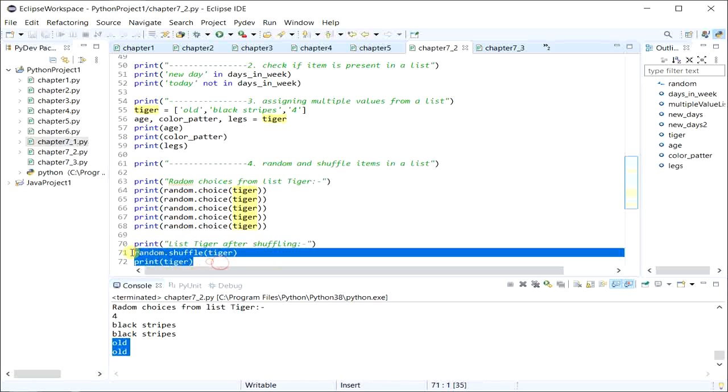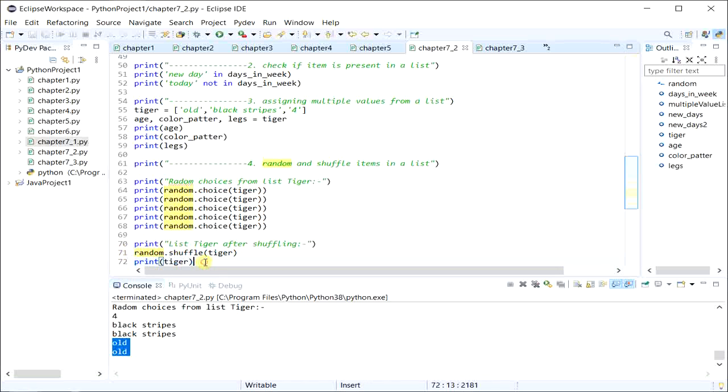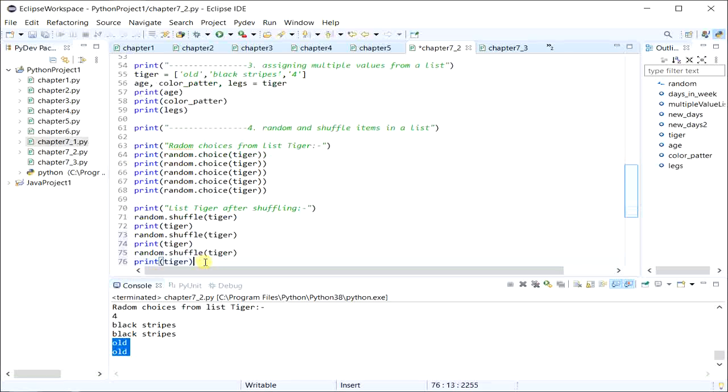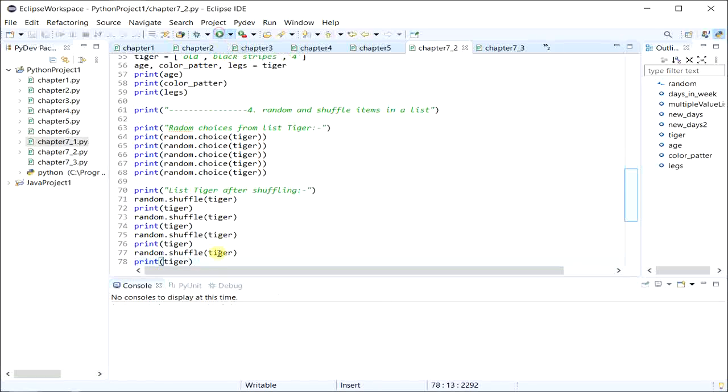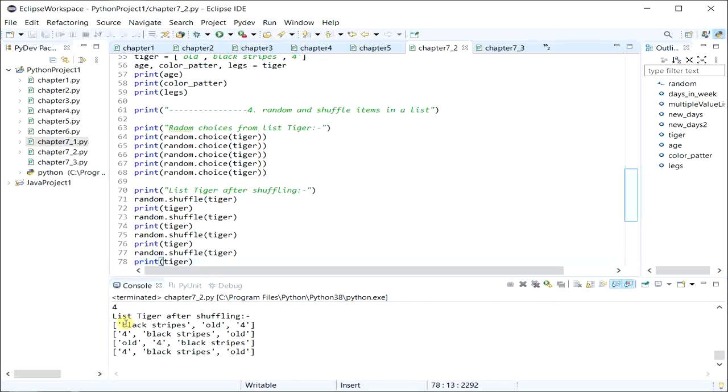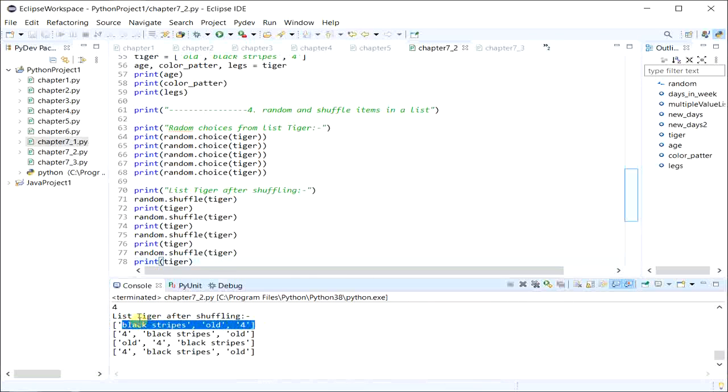Let me do this a couple of times to see the shuffling taking place. Let's run this. So after the first shuffling, the item black stripes which was at index 1 came to index 0, and the old item which was at index 0 came to index 1, and so on and so forth.